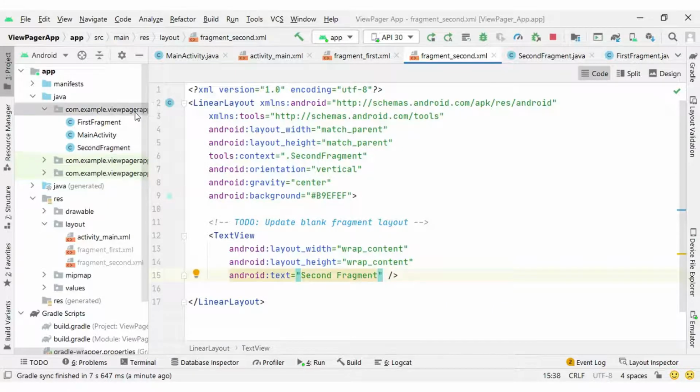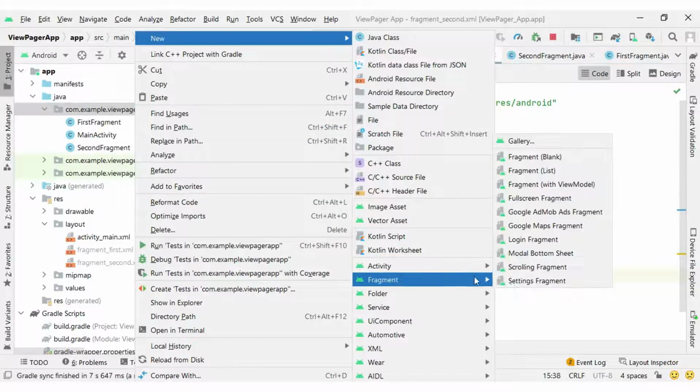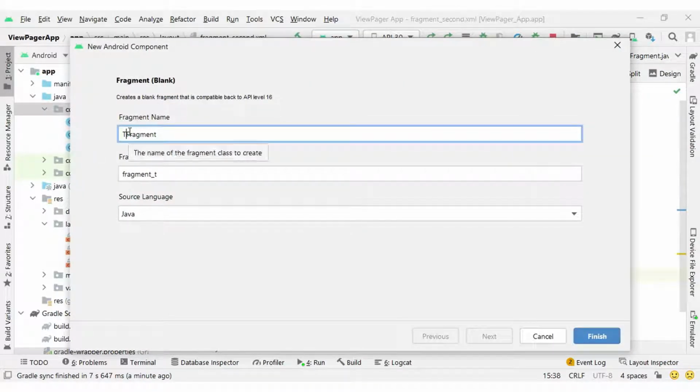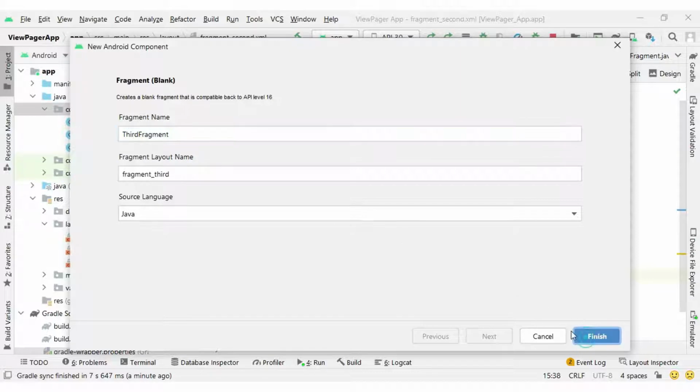And the third fragment I will create here. You can see, Fragment, Blank Fragment, and the name of the fragment will be ThirdFragment, and finish.